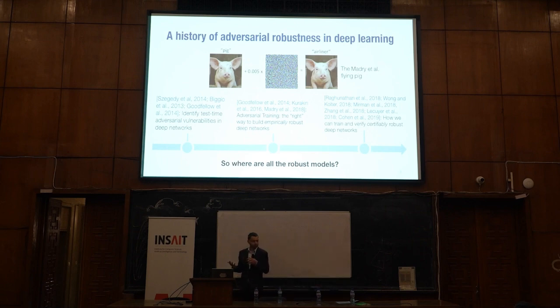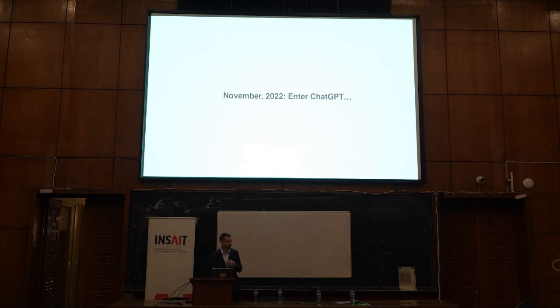Again, because there was no real machine learning model that we all used where you could exactly control the inputs to the system. Until November in 2022, where all of a sudden there was one machine learning model that we all used where you could control the exact inputs to the system. And so in a very fundamental way, I think the time has come for us to really take this problem in AI safety much more seriously.